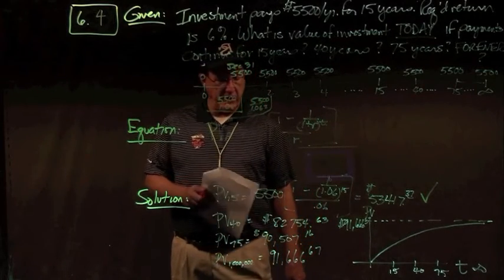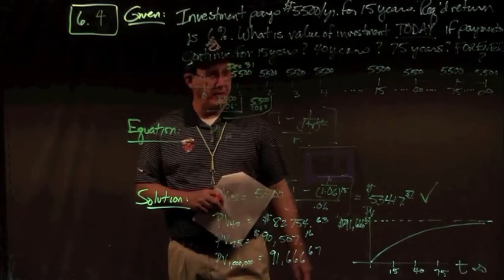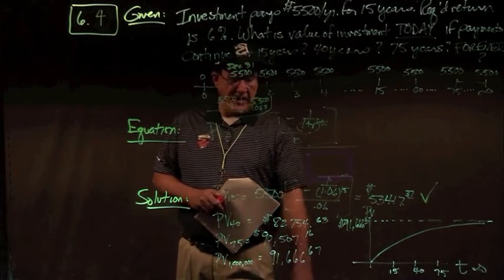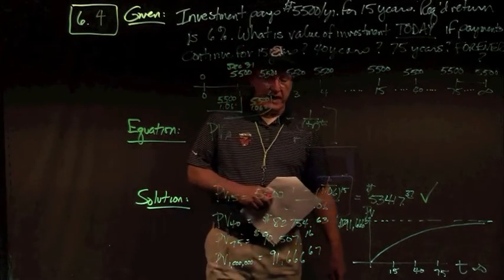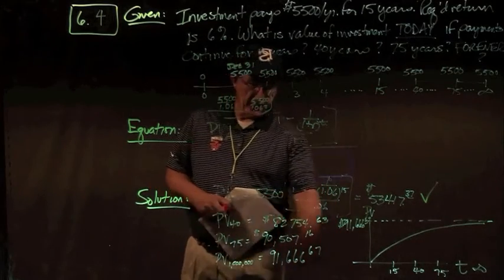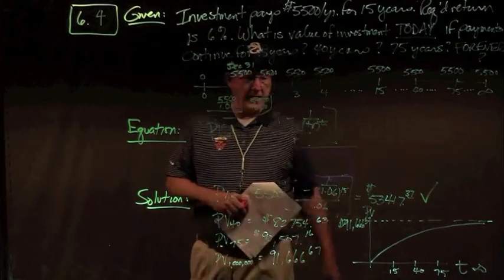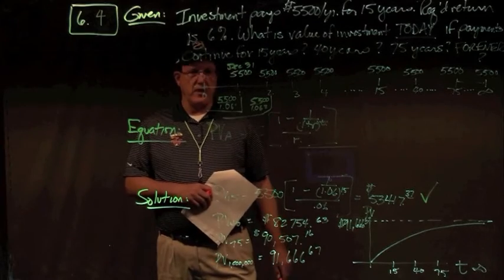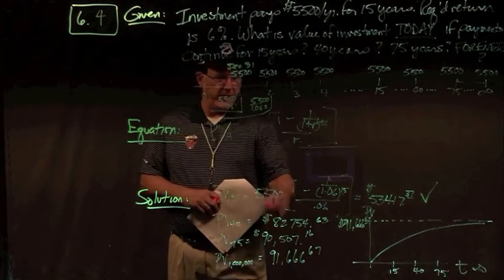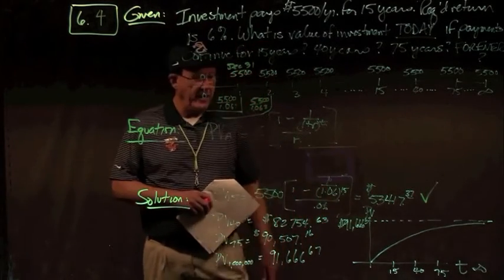82,754.63. For 75 years, I get a present value at 6% of 90,507.16. And for 1 million years, if I plug the number 1 million in there for T, that's the closest I can get to infinity. I'm not sure what infinity is, so I put a large number in there, and I get